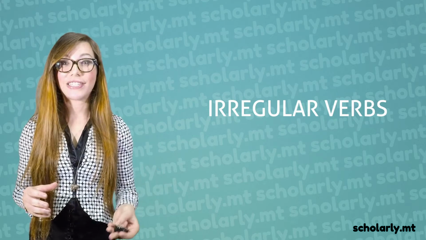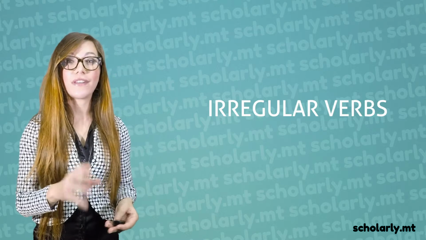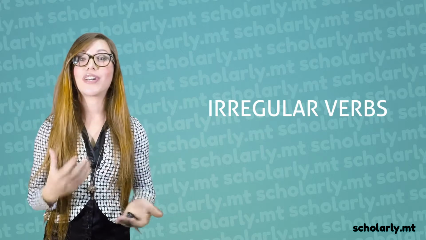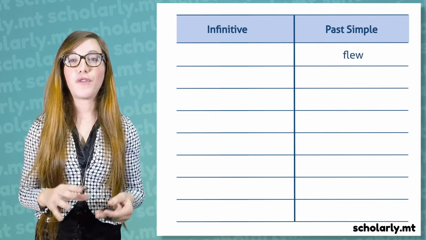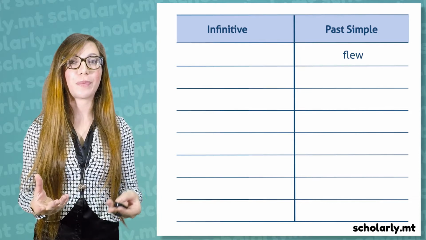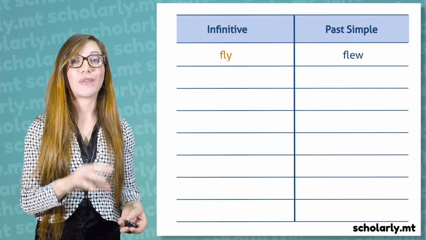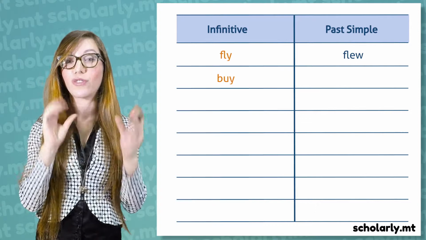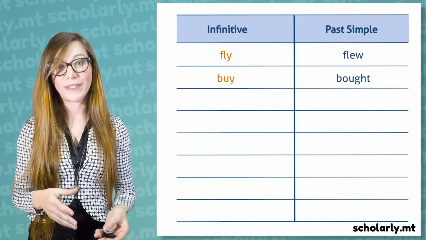So, what I'd like you to do is take out your notebooks and a pen. I'm going to read out a verb in the past simple form or in the infinitive form, and you write down the correct verb. Okay. Flew. As an example, the infinitive form of this verb would be fly. Now I'm going to tell you the infinitive form of the verb, which is buy. And you write down or shout out the verb in the past simple form, which is bought.